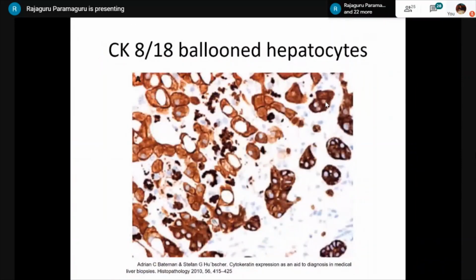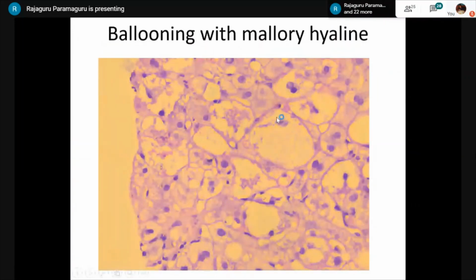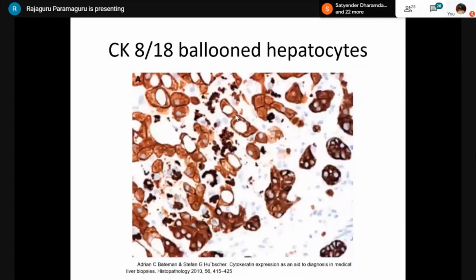So this is ballooning. You are able to see the enlarged edematous hepatocyte with a lot of these Mallory hyaline, and this is called ballooning of the hepatocytes. Please have this terminology fixed. Don't call it ballooning degeneration, because ballooning degeneration we say for an acute hepatitis, and I'll show you that also. So for steatohepatitis or a chronic cholestasis, you will have this kind of ballooning.